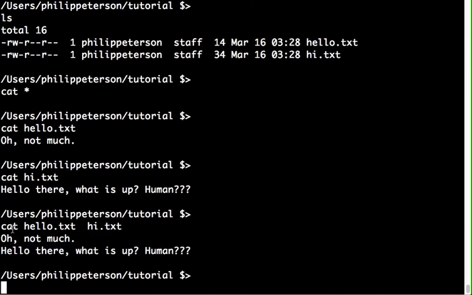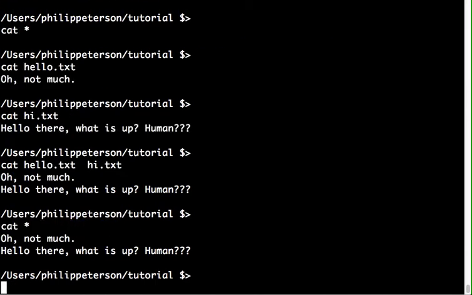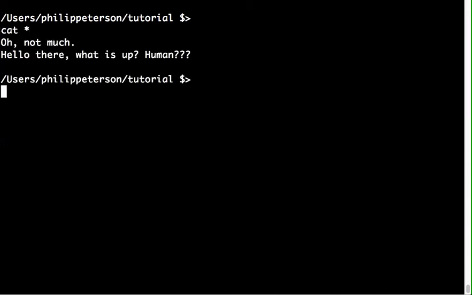So it concatenates the files together and then it prints them out. We can also do cat star, and that just expands into cat hello.txt, cat hi.txt. So it does the exact same thing. Let me just show you on a new screen. So I did cat star and it prints out the contents of each of those